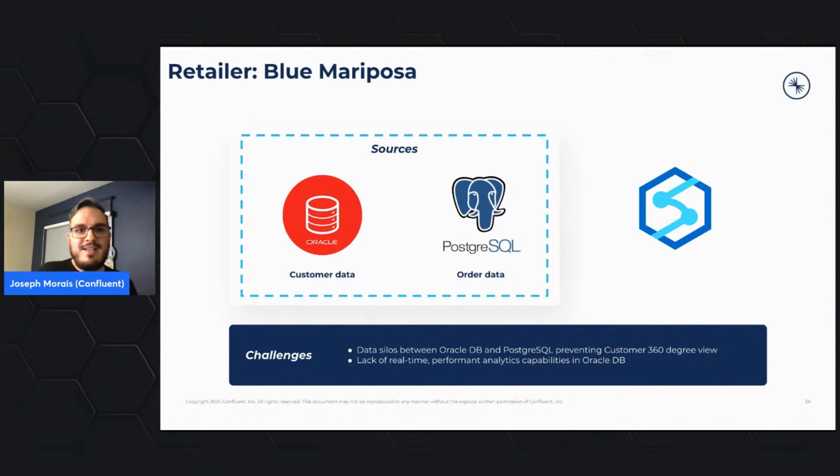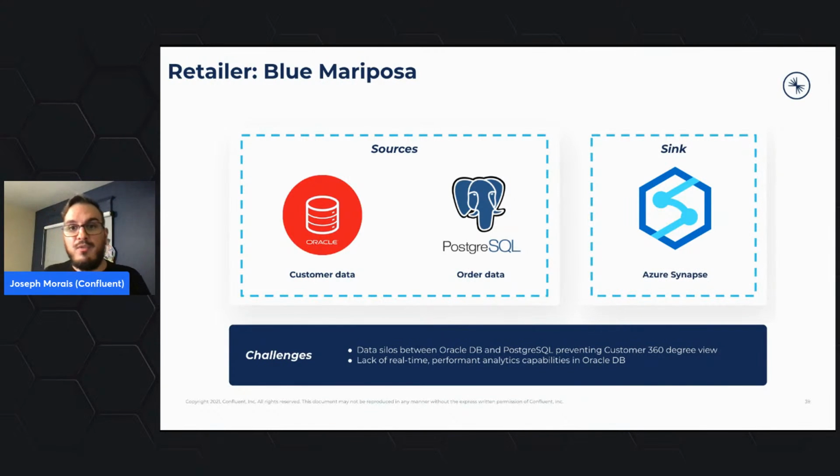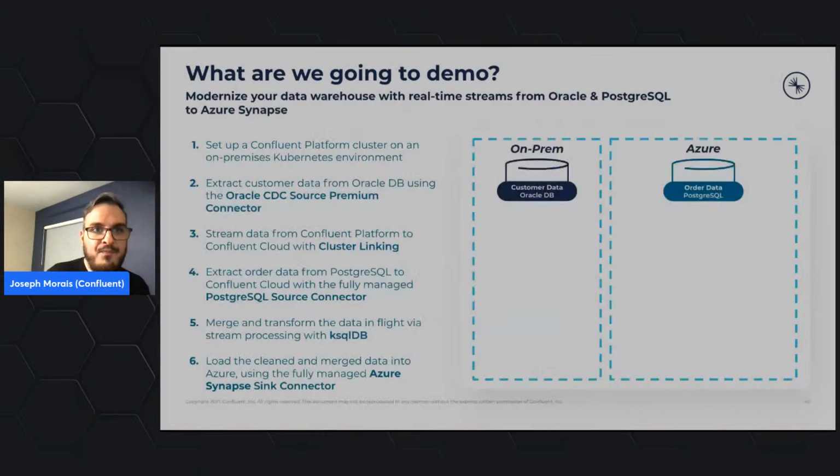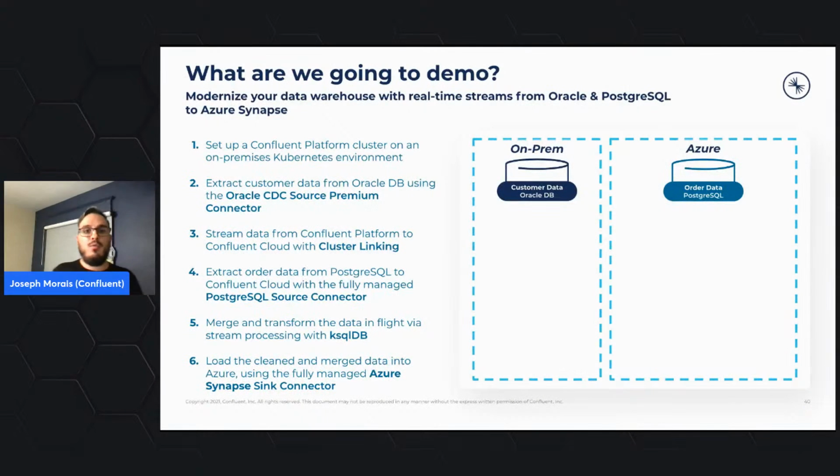So the data science team advocates migrating to Synapse, which kicks off their journey of moving to a cloud data warehouse. Using Confluent and our library of pre-built source and sink connectors, we can build and scale real-time multi-region hybrid data pipelines that move data from any source environment to the cloud data warehouse of your choice. Let's go through an overview of our implementation steps. Number one,